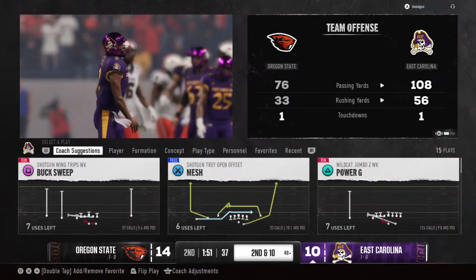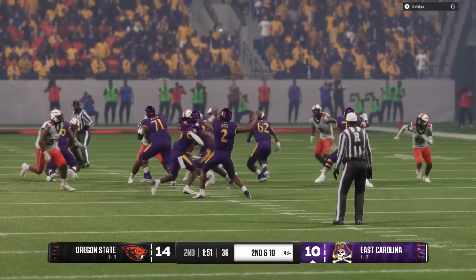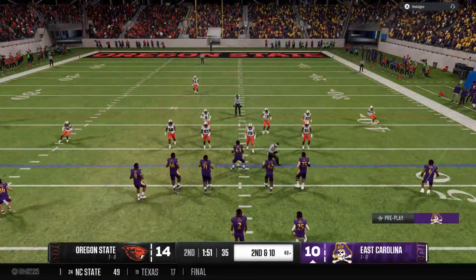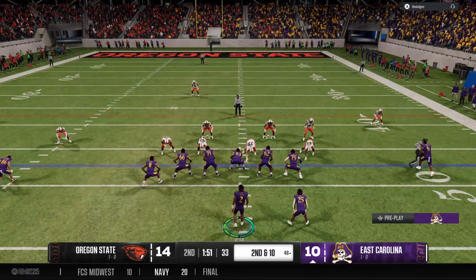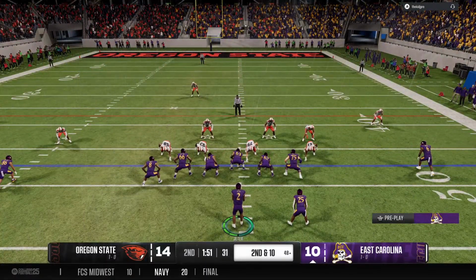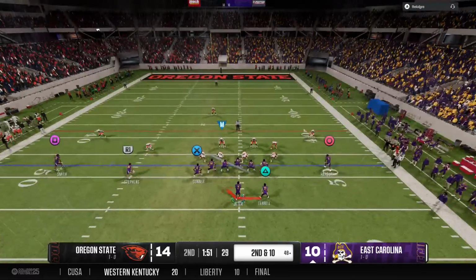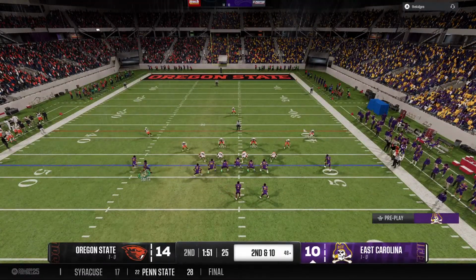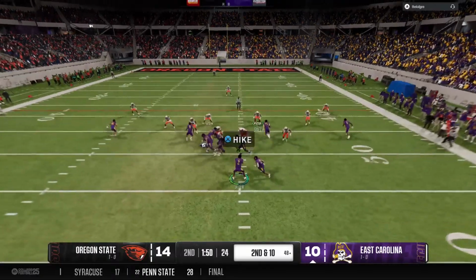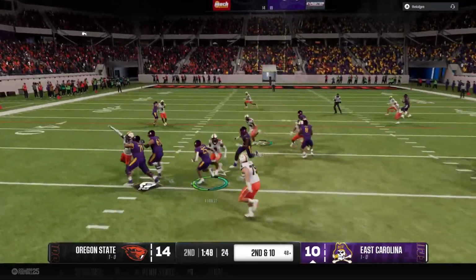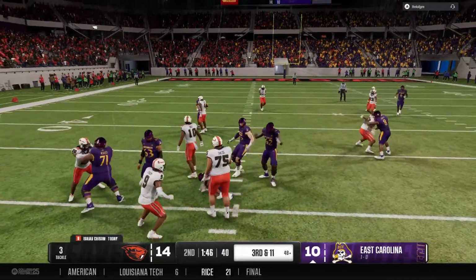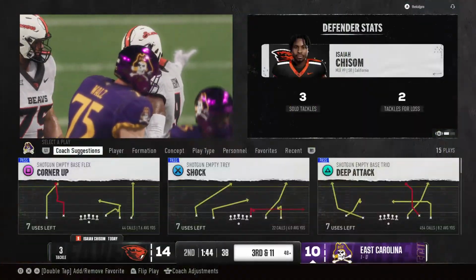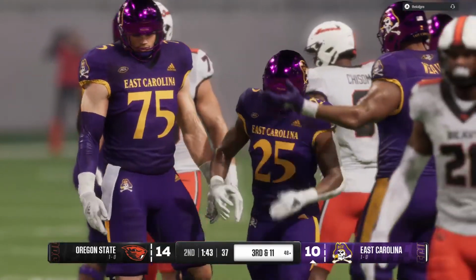It's incomplete. And this offense has got to find a way to get some gimmies, some layups, some screens. They need some YAC, some yards after the catch. They got to find some guys that can make some plays for this offense because it's just boom or bust. There's not a lot of consistency. They got to put some first downs together, put some drives together, be more consistent. They bring him down, and he's going to lose a yard on that one. The offense is running towards the open grass, right?